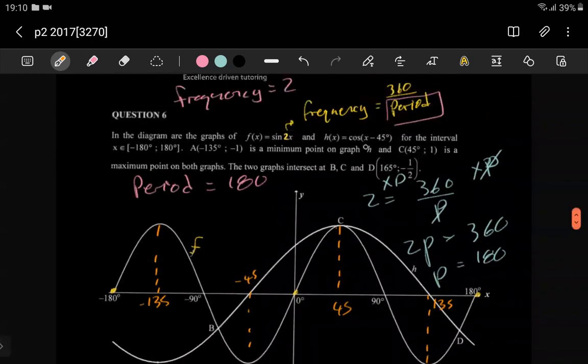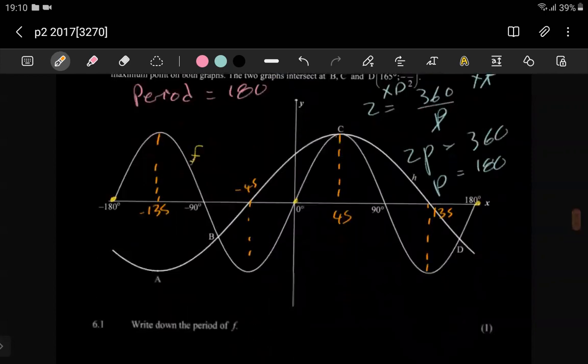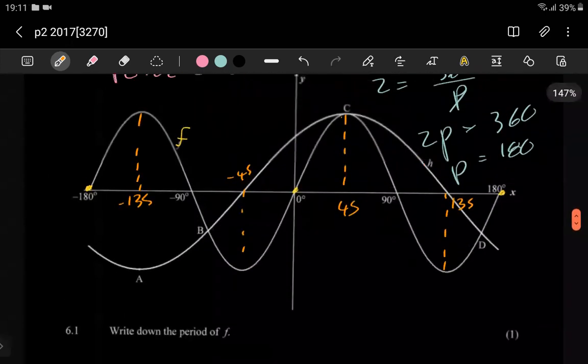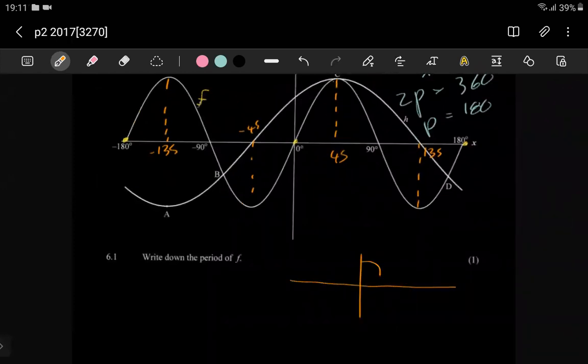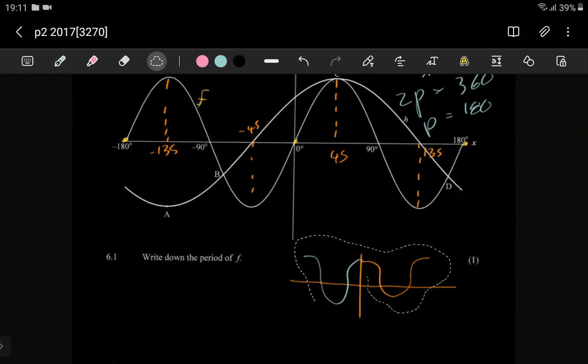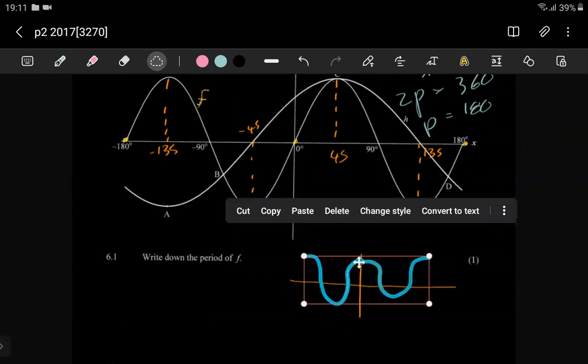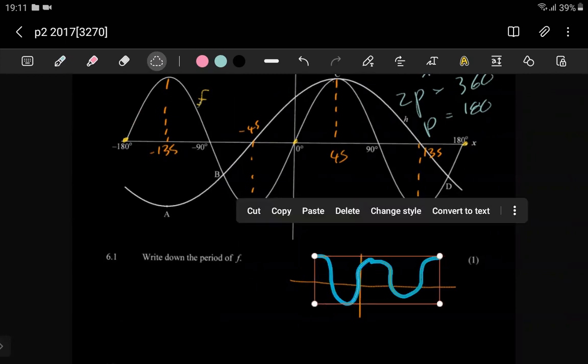So if you see that this cos graph was moved 45 degrees to the right, it kind of makes sense, because normally with a standard cos graph, we're used to seeing, in a space of 360, something that looks like this, and then on the left maybe something that looks like this. So if the whole image is moved 45 degrees to the right, we would expect it to not